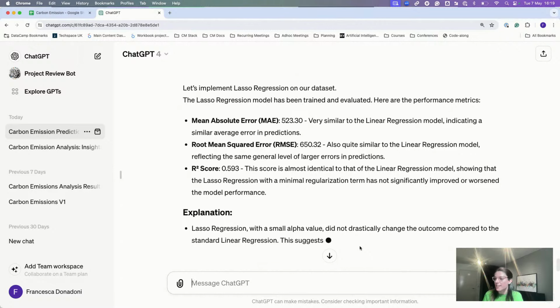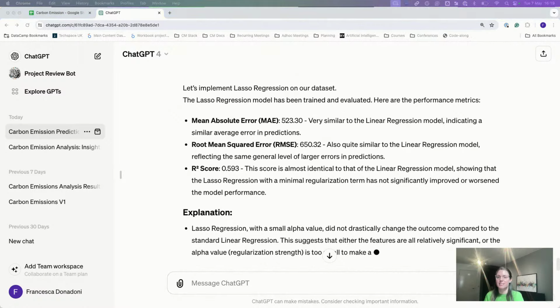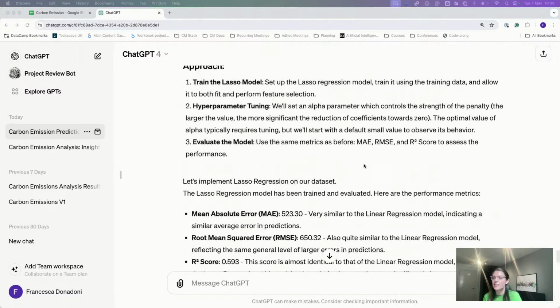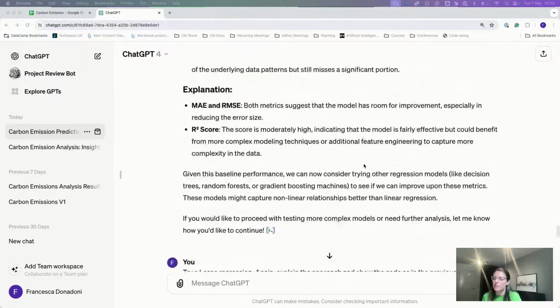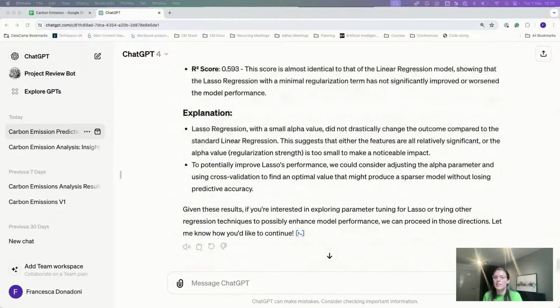Okay, so we are again at 59. So it's not performing great. I think we can try with the random forest to see if it improves, because I think, if I remember correctly, it's pretty much the same as the linear regression. So let's just check. Yeah, exactly the same. So I think